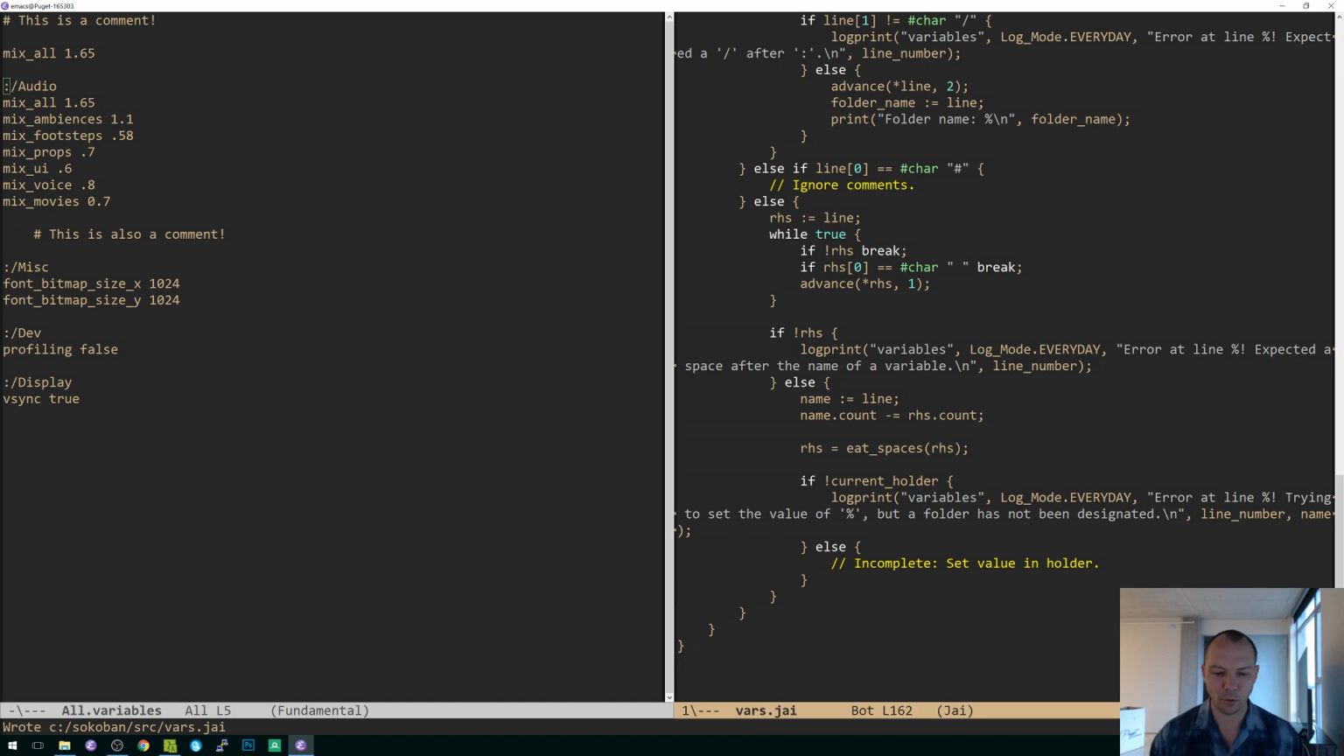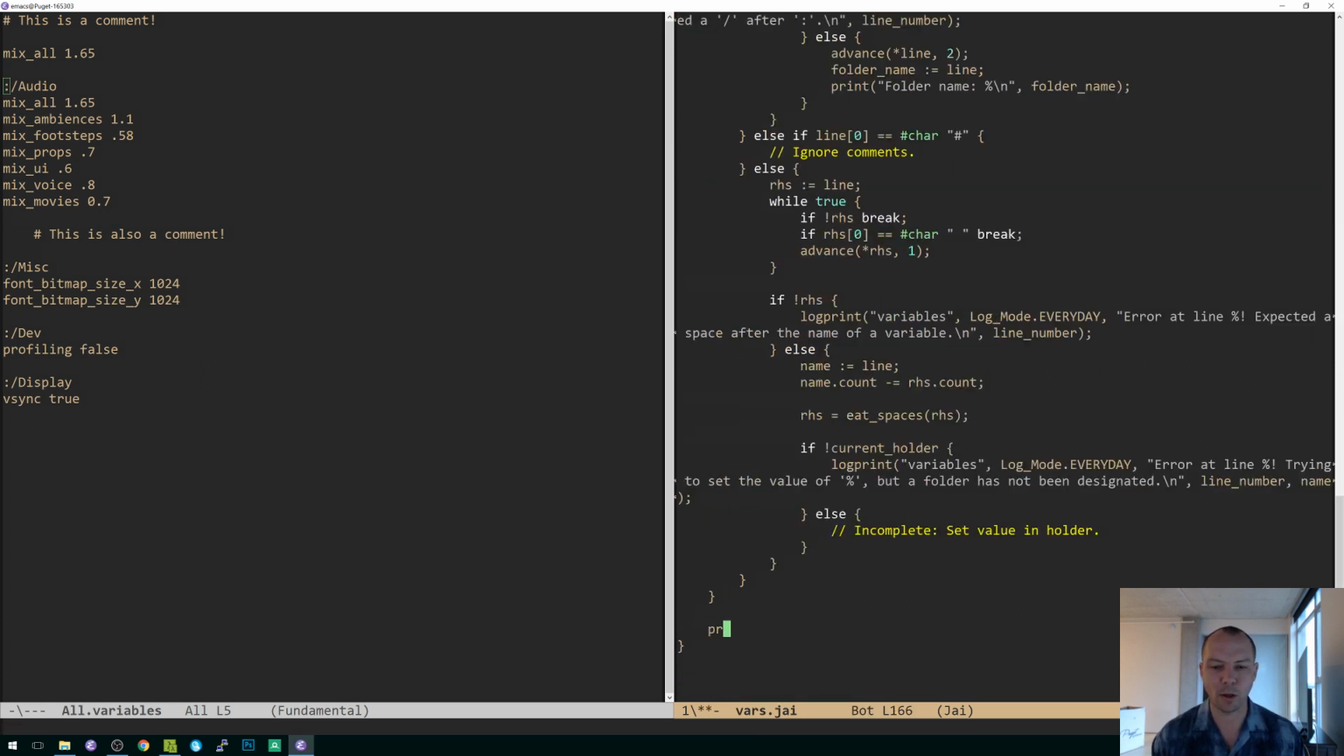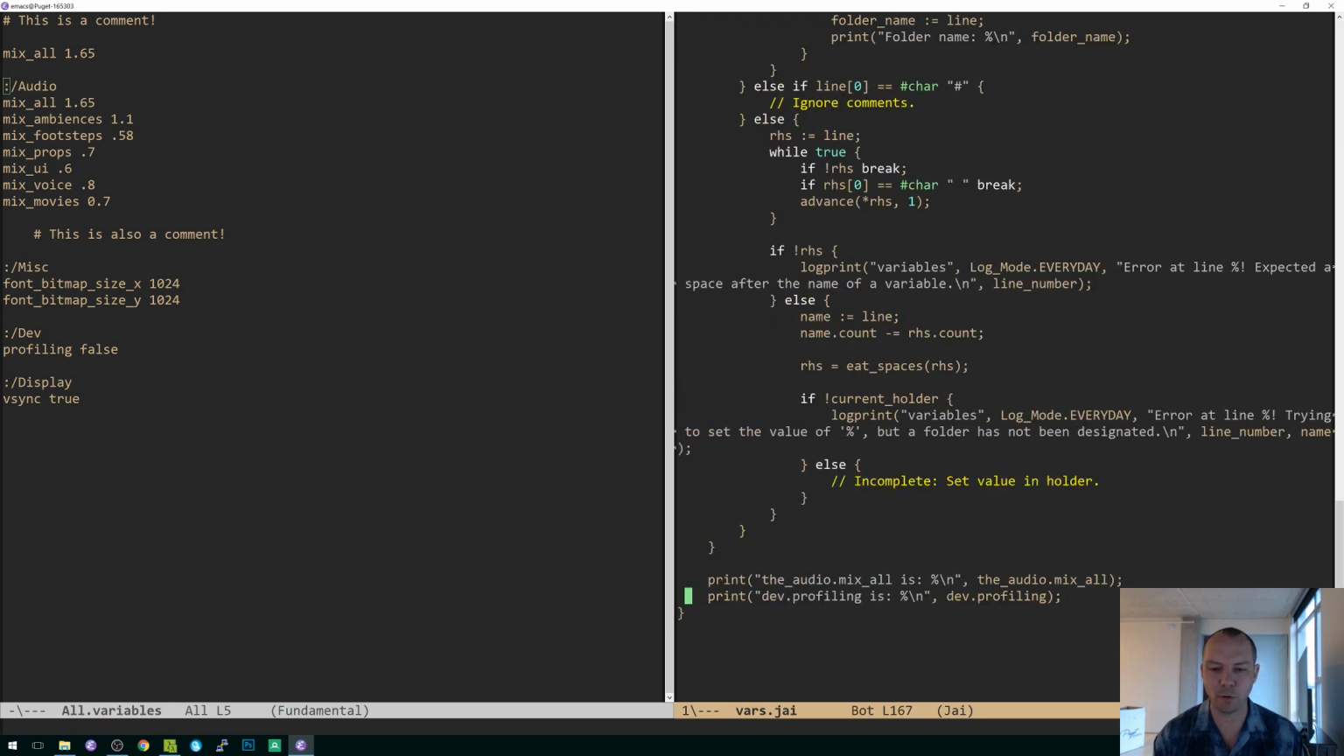Now, that should compile hopefully. All right. After all this is done, just to make sure it works, I'm going to print out some values. I'm going to print the audio.mix all is .mix all, right? And dev.profiling is dev.profiling. Currently, let's set this to true by default so it's different. Actually, let's pick vsync, because that's a commonly changed variable. Display.vsync is